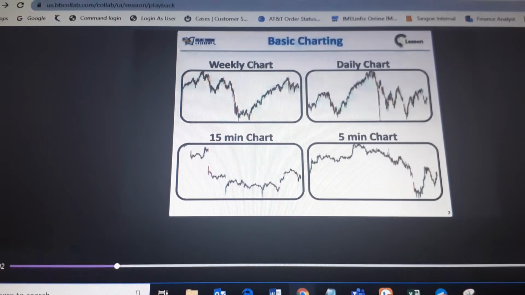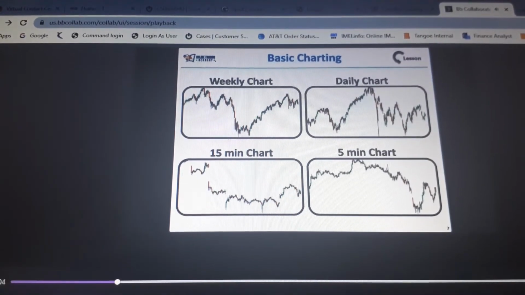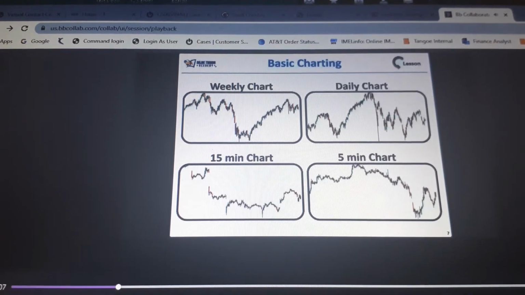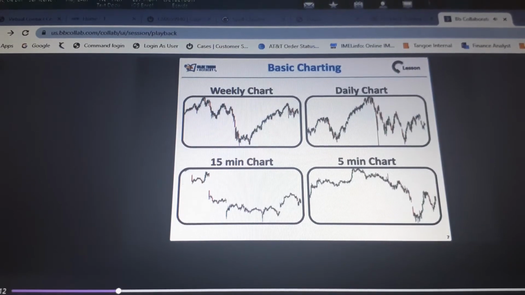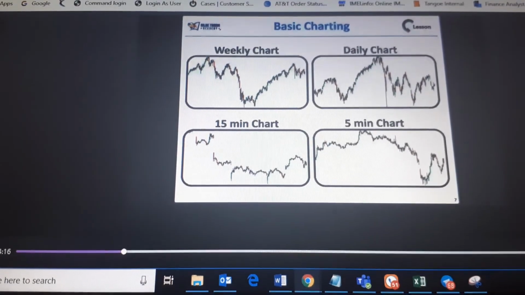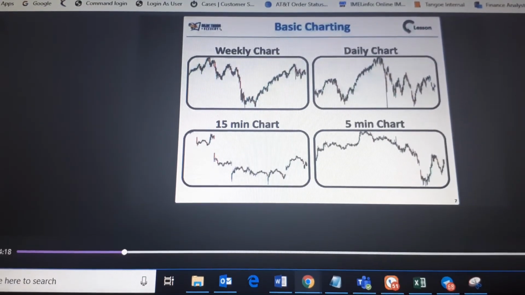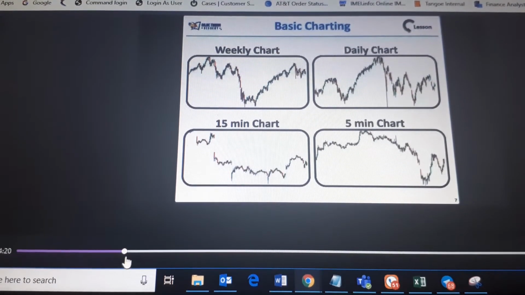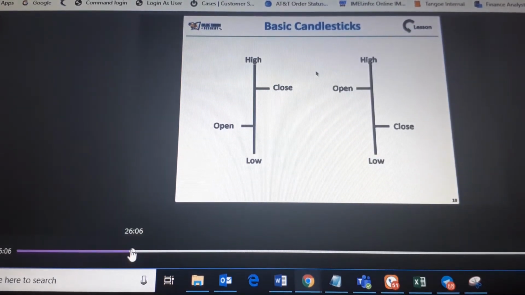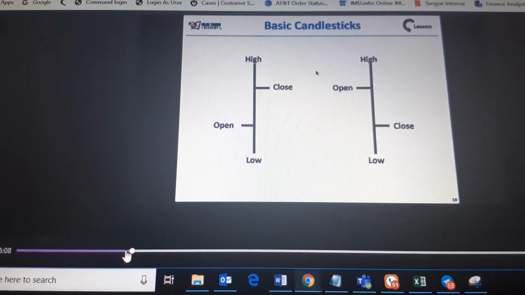Just because of a green candle or a red candle, we will not base our decision on that, that if it's a green candle we will buy and if it's a red candle we will sell. No, that's not the conclusion you should come to, Senthil. I'm going to tell you where to buy, when to buy, and everything. So hold on. Yes, Vivek, we'll come to that.